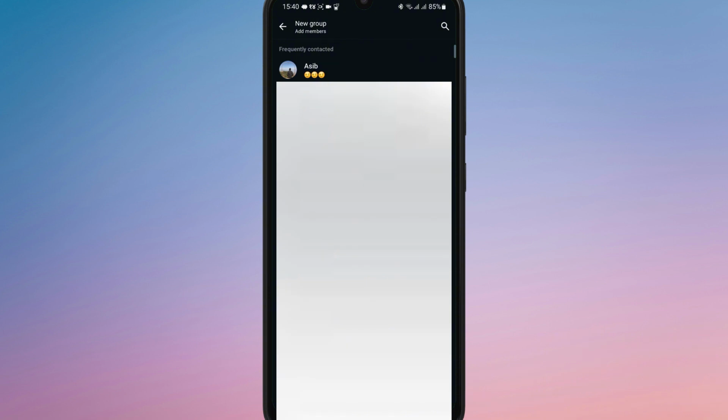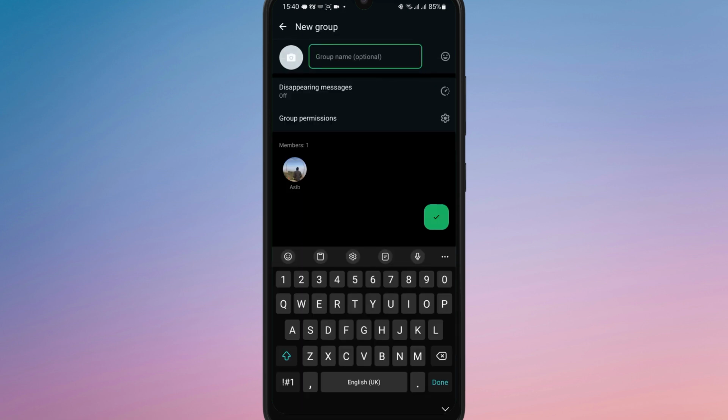Now, you will be asked to select participants for your group. Simply tap on the contacts you want to add, and once you are done, tap the green arrow at the bottom right. After that, you will be asked to enter your group name, and you can also add a group photo if you want. Once you have entered the group name and added the photo, tap the green check mark